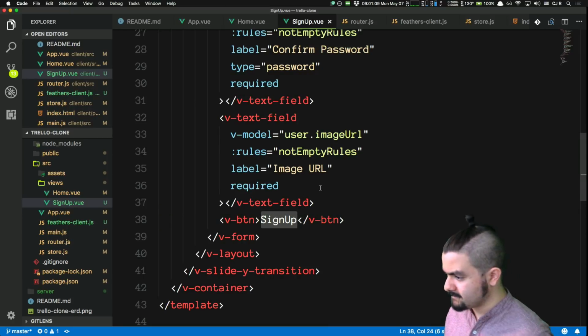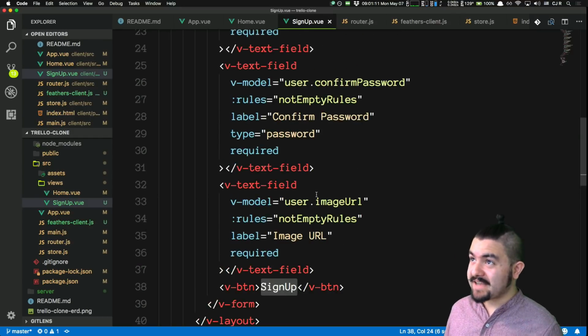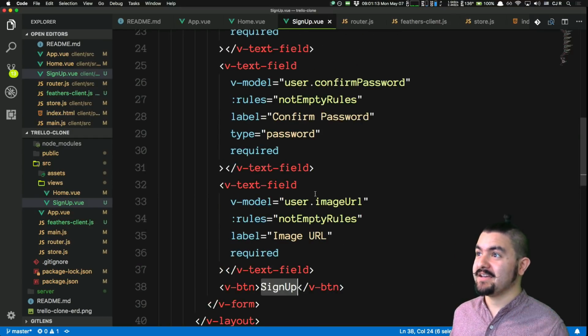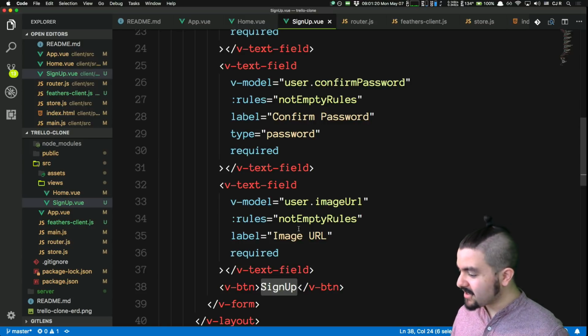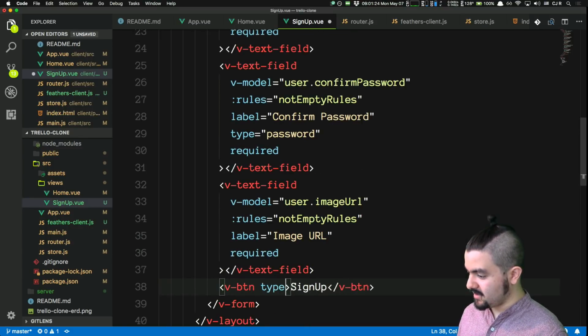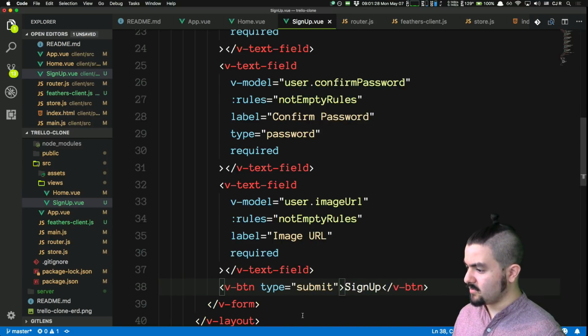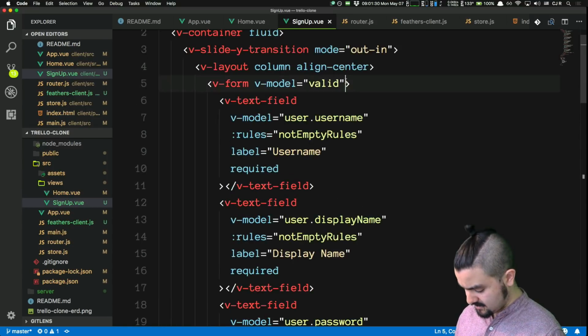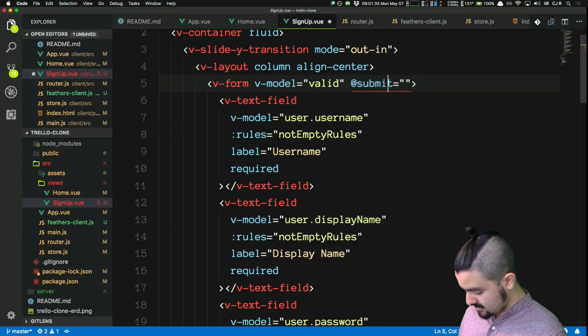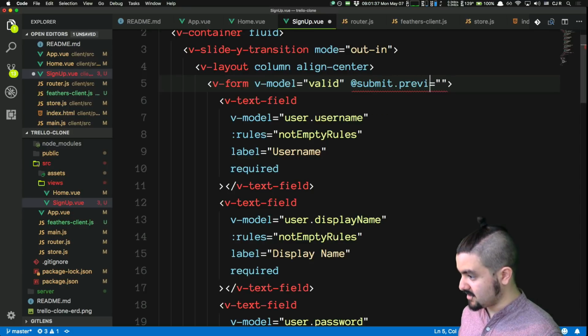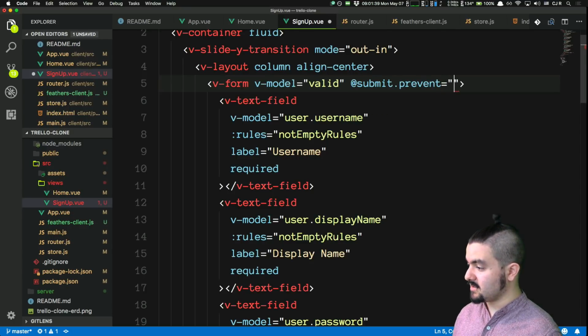Yep, okay. I just thought of something: signing up is actually going to be creating a user, right? So we're essentially making a post request to the user's route. So I'm going to have to add that in my Vuex store. But we're getting the basic form working. So sign up is there, and then type will be submit, and we'll have an @submit on the form. So we want submit to prevent the default action, and we'll say sign up,